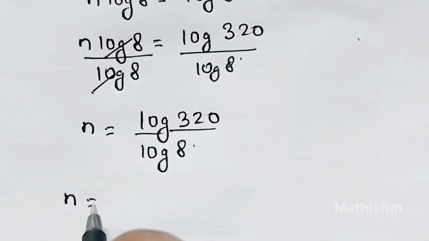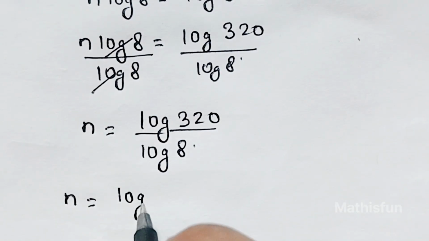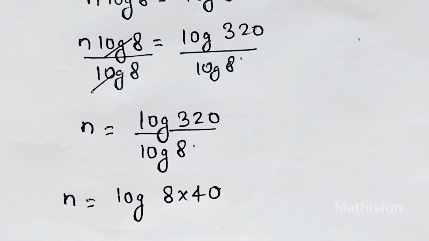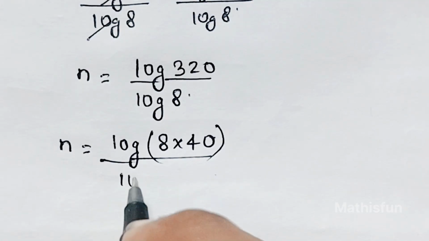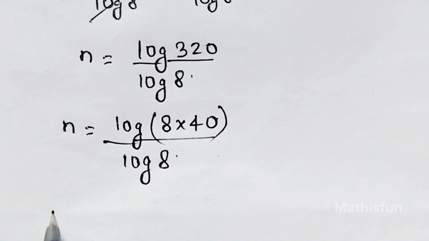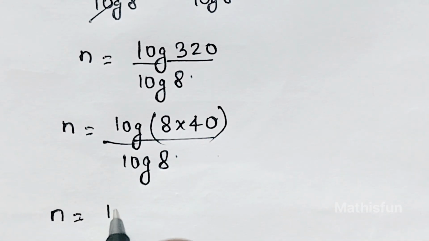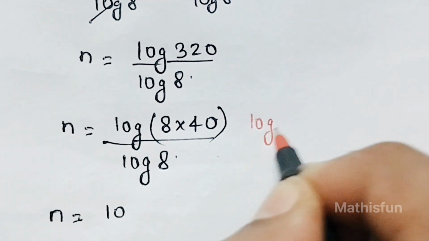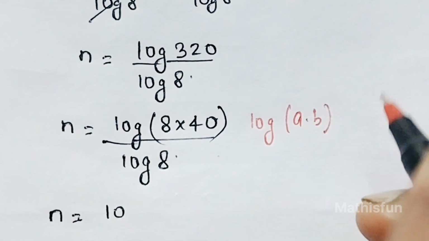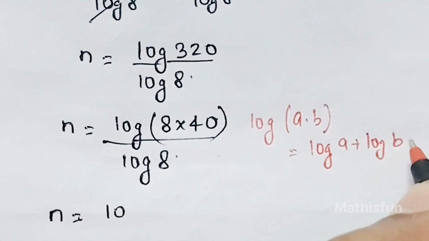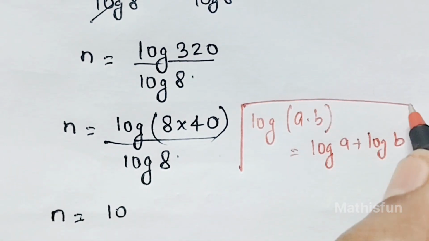Now in the next step, we will take log 320. 320 can be written as 8 into 40, over log 8. Now this is in the form of log a into b, which is equal to log a plus log b. I will use this form